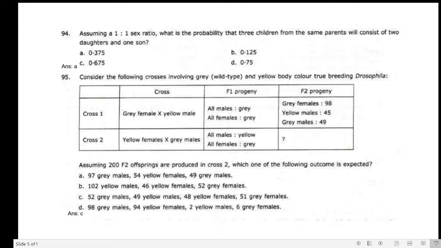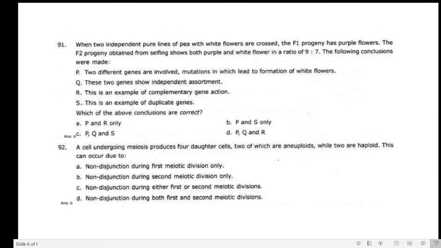In the D answer you can see 98 is gray male and 94 is yellow male. This is not acceptable, because in the first generation they have the colors equally. So it's not acceptable in the D answer. That is the 52 gray males, 59 yellow males, 58 yellow females, and 51 gray females. This is the answer. Next one is: when two independent pure lines of pea with white flowers are crossed, they